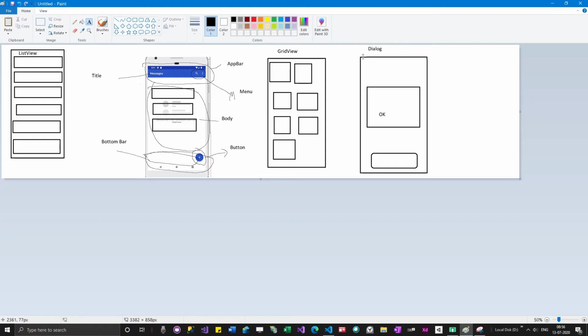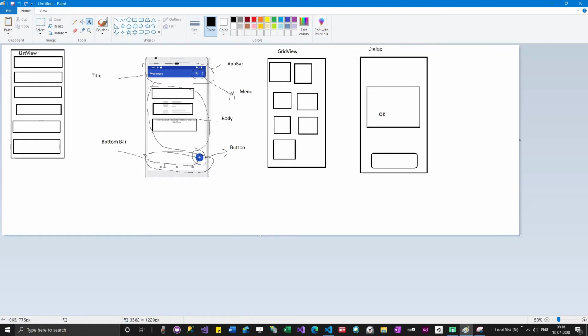When it comes to programming languages, concepts are the same, but everyone calls them with their own conventions. For example, in OOPS concepts, inheritance is inheritance everywhere, polymorphism is polymorphism everywhere. But when it comes to components, list view might have a slightly different name when you're actually coding. Here they may call it alert dialog or simple dialog. You don't have to worry about those terminologies. So is it clear, guys?